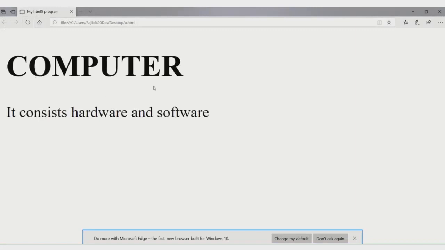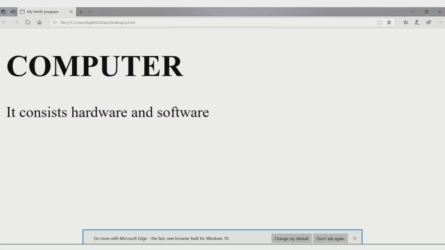See, this is the heading computer and it consists hardware and software. So this is the first heading, and using header tag we can give the heading introduction. For this purpose you can use the header tag.